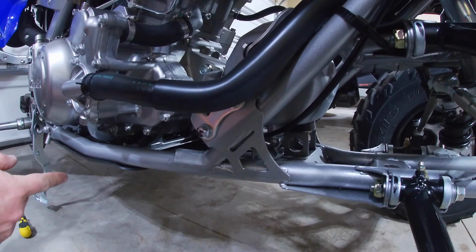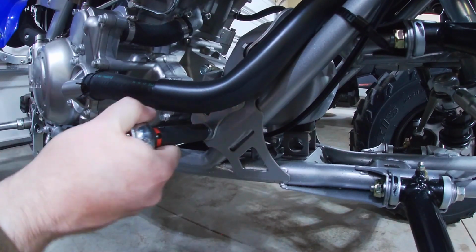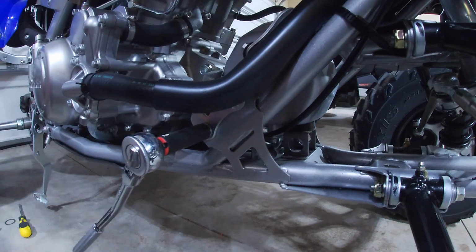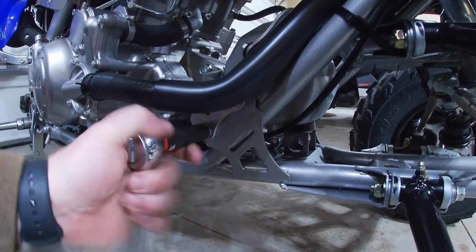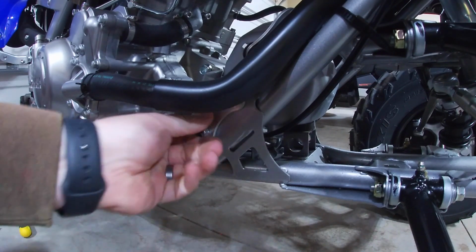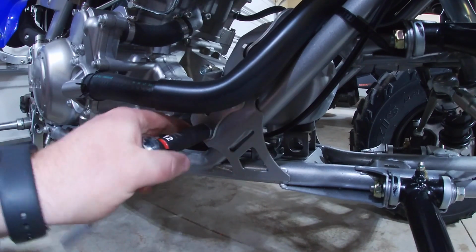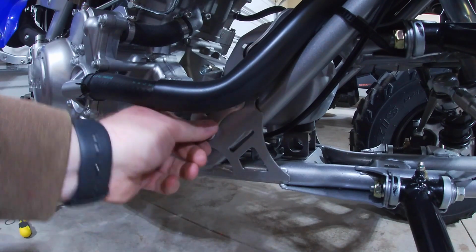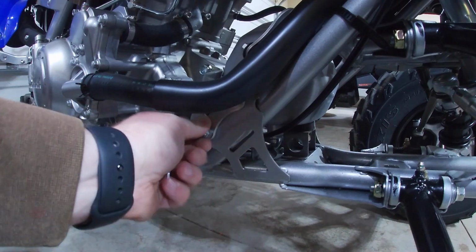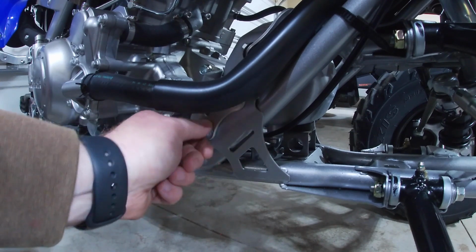All right, the next thing we want to take off is this lower motor mount bolt here. We're just going to go ahead and loosen it up, get that taken off. Just give it a couple bumps there. And then we'll pull it the rest of the way out. And again, it does feel like there's Loctite on these, so we will go ahead, get this the rest of the way out, and we're going to repeat this process on the other side, with the exception we don't have to deal with the E-clip